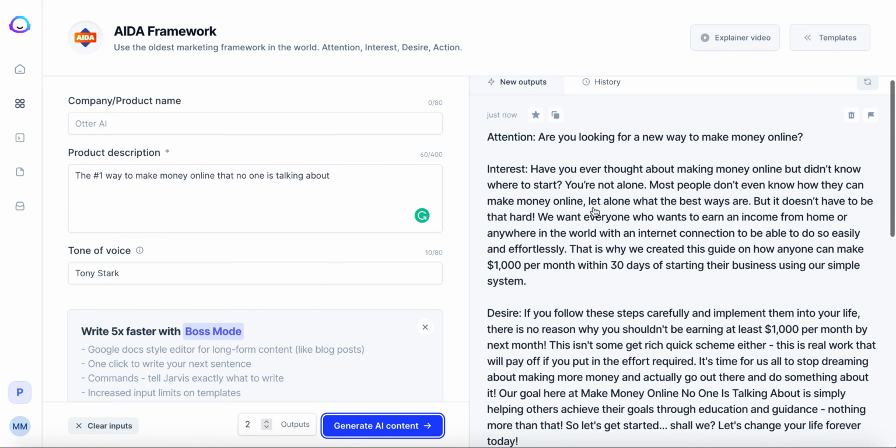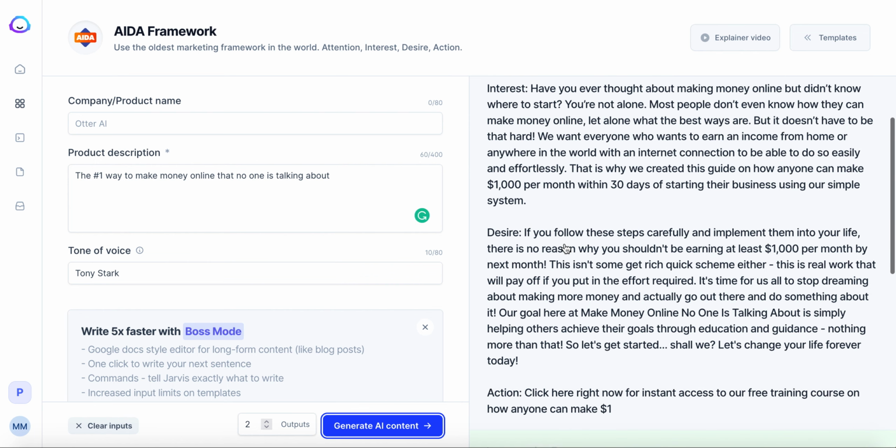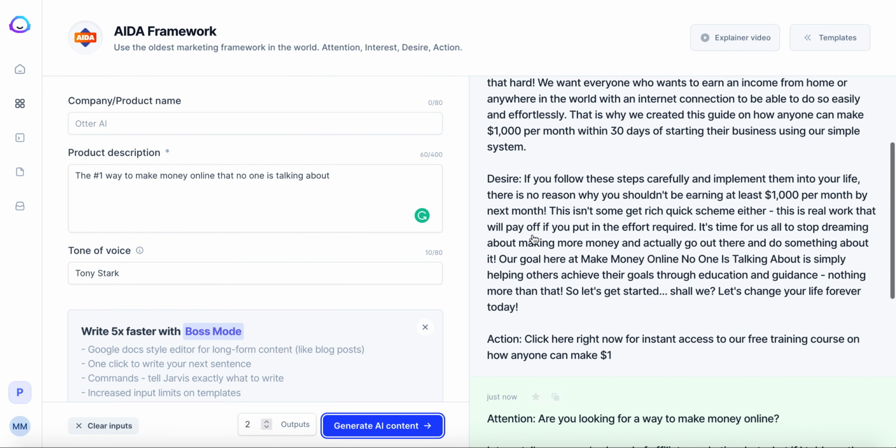So you can say everything that's here, like, have you ever thought about making money online but just didn't know where to start? You're not alone. Most people don't even know how they can make money online, let alone the best ways there are. But it doesn't have to be that hard. So these are just some different tips, and then you can come down here, and maybe you don't want to say everything up there. You can just pick out what you want to say, and then the desire,